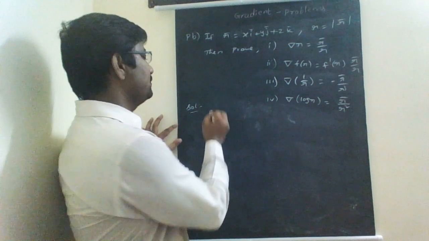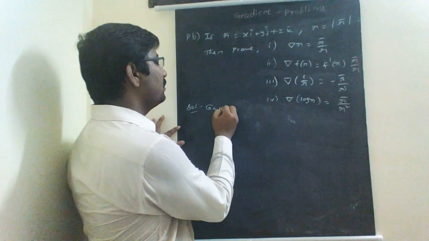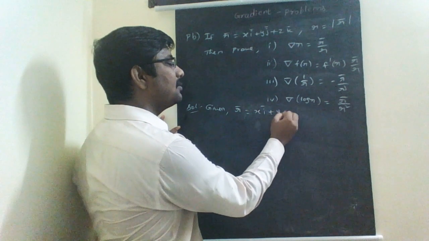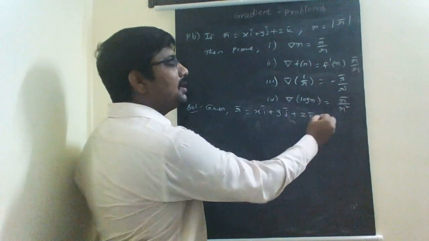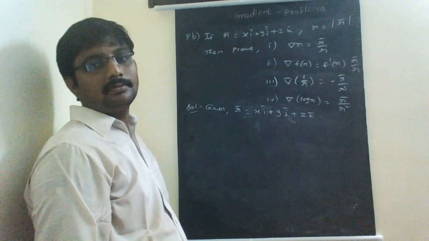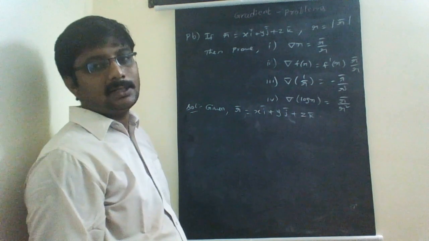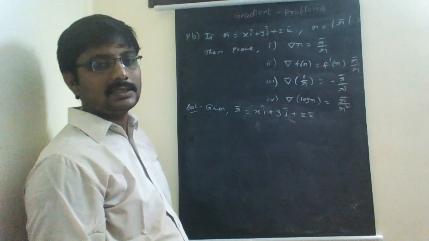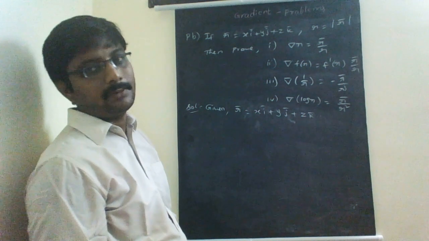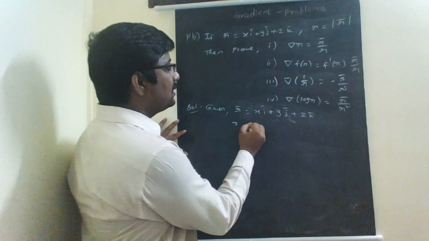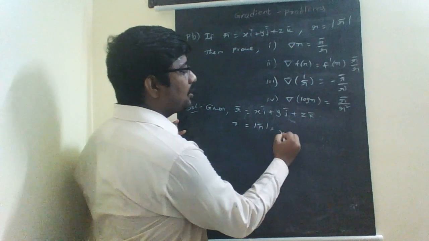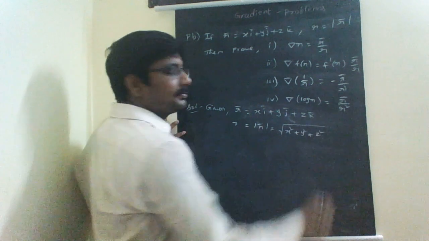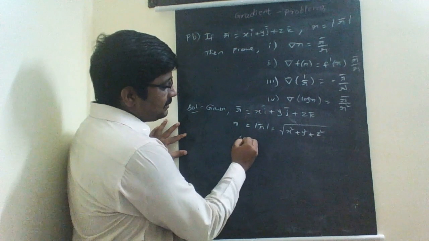So to prove this, first we will take the given vector point function, that is r bar is xi bar plus yj bar plus zk bar. It is the position vector of the point xyz, that is OP bar about the origin. OP bar is r bar is xi bar plus yj bar plus zk bar. And given r is the modulus of r bar, that means its magnitude is given by root of x square plus y square plus z square. So r is root of x square plus y square plus z square.